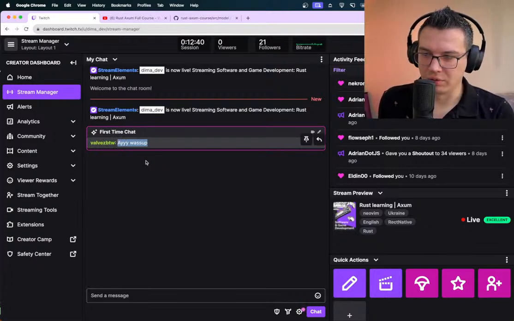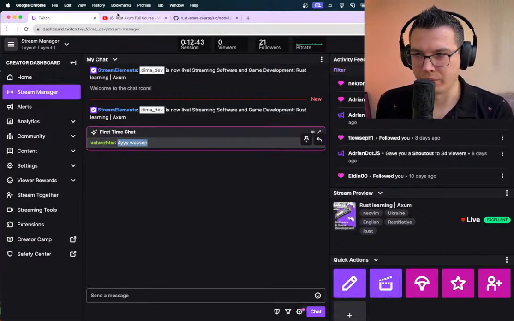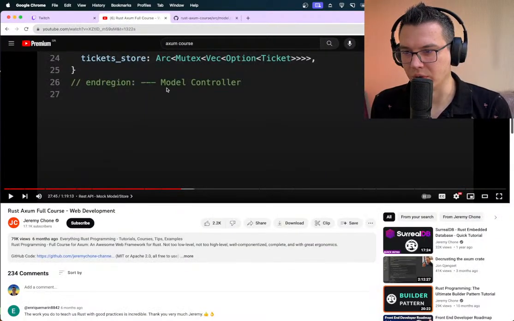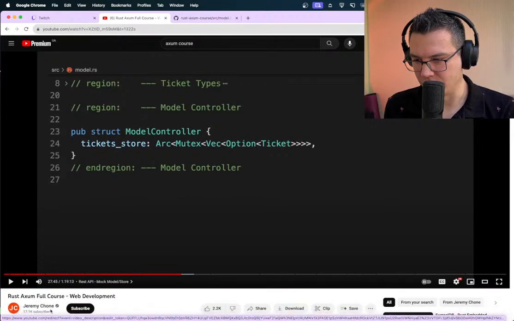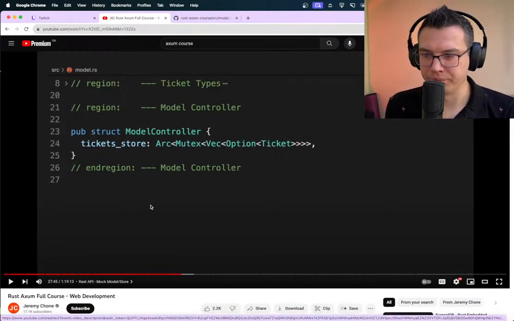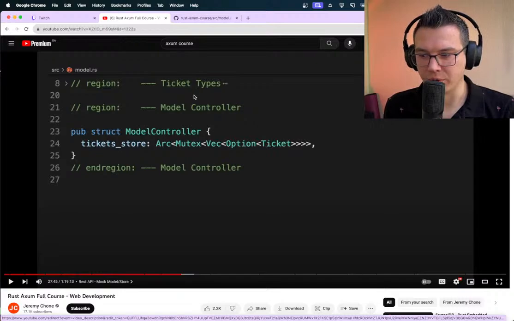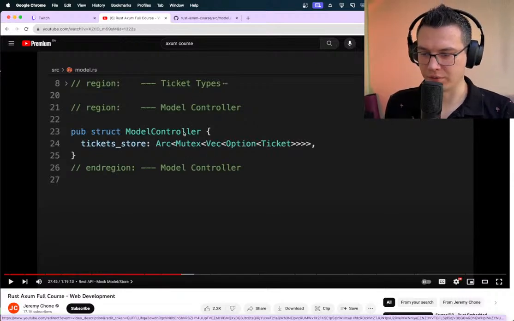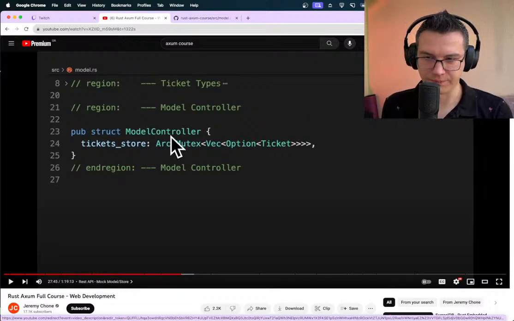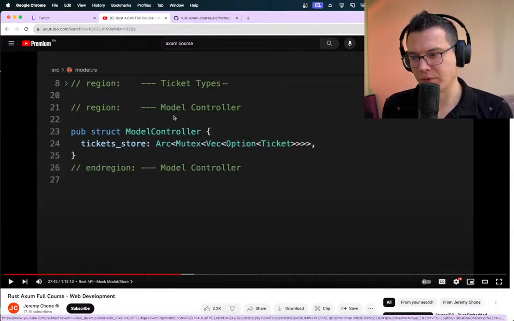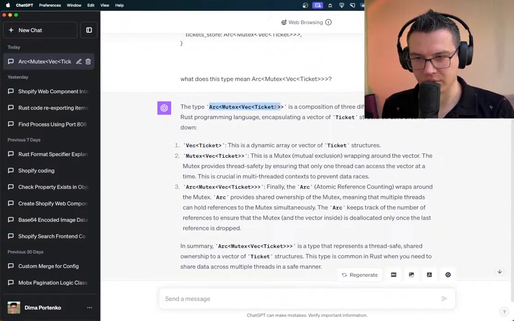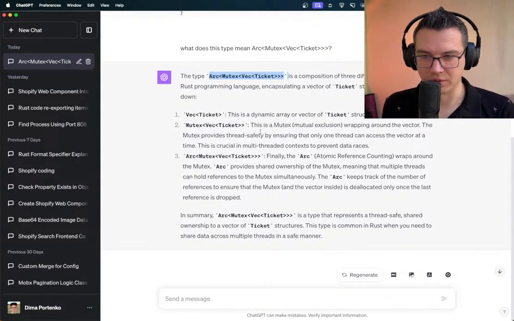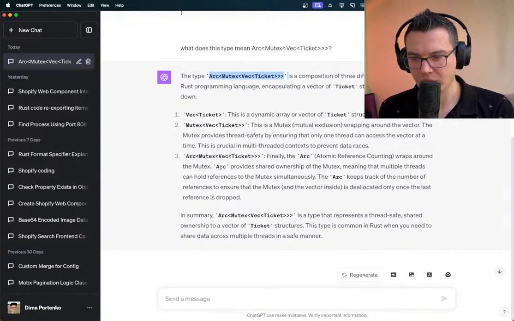Hey, hello, how are you doing? I'm here learning Rust via the Rust Axum course from Jeremy Chan. Now I'm just trying to follow what he's explained here, and dive deeper into topics like here where it's not super clear to me. So yeah,